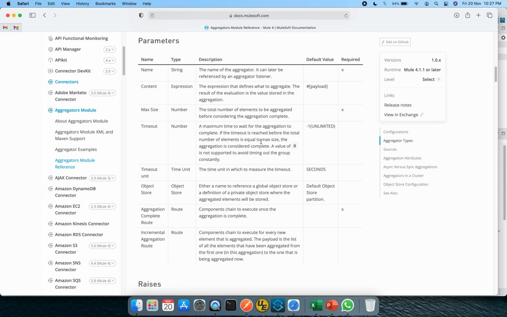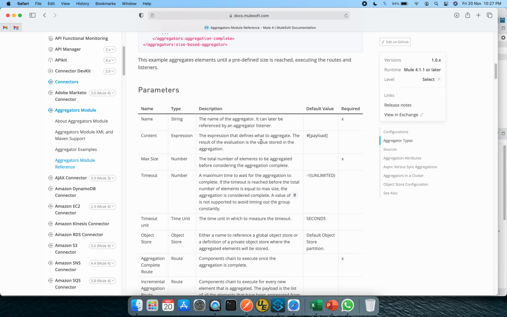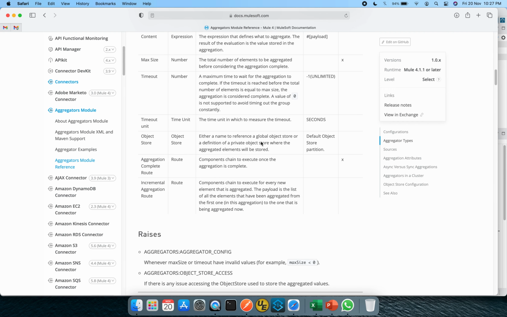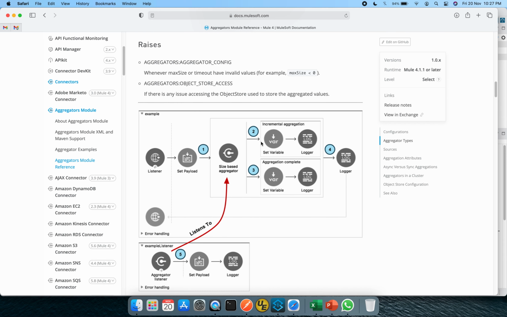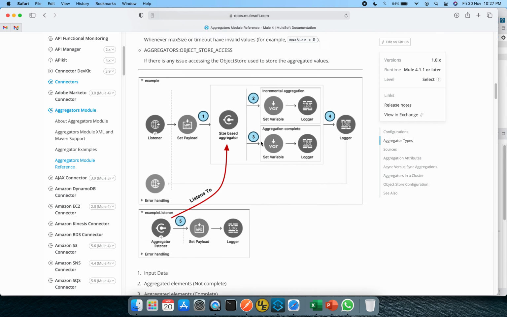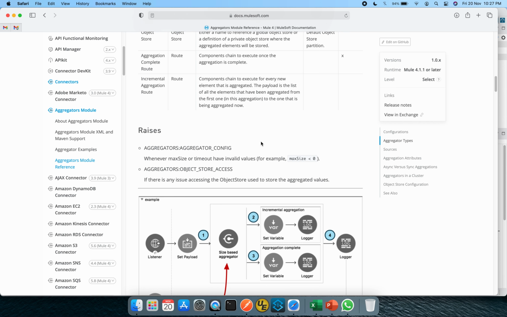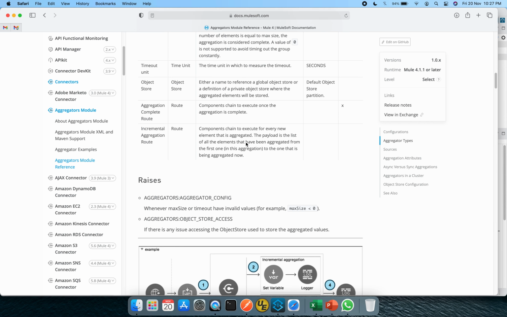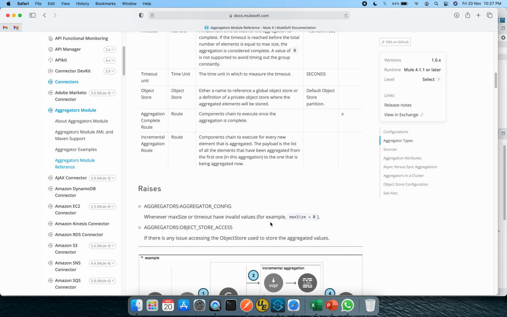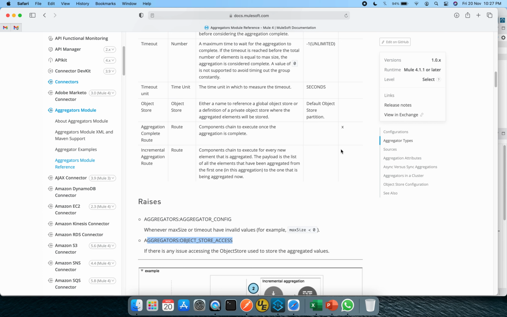Even if you set a negative value, which is not relevant, I think it should give an error. Yeah, so if the max size or timeout has an invalid value, then it will give an aggregator config error exception. And if there is an issue with the object store access, then it will also throw this exception.